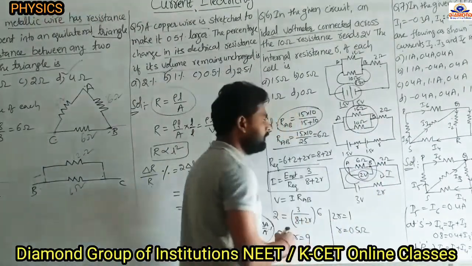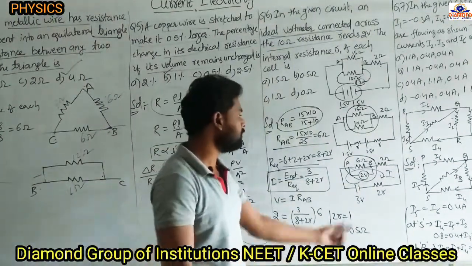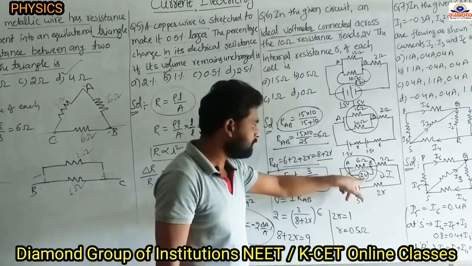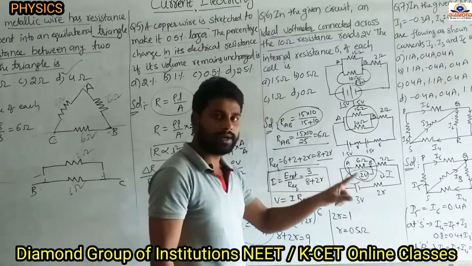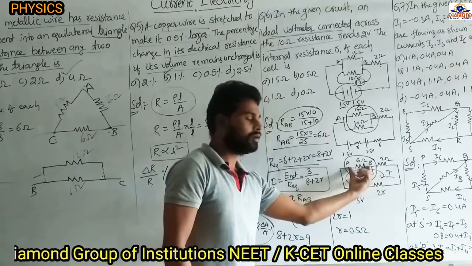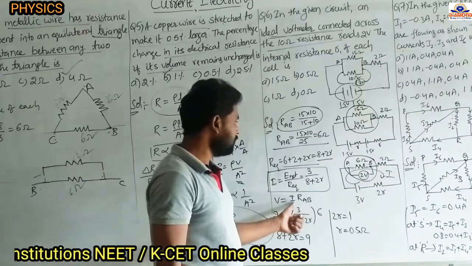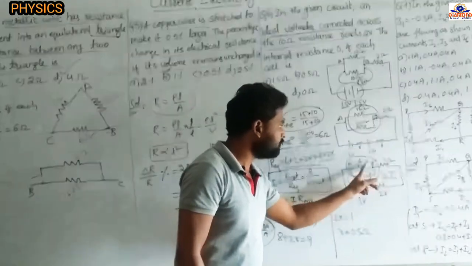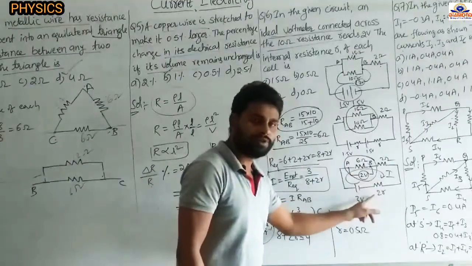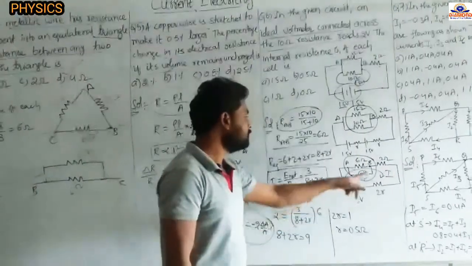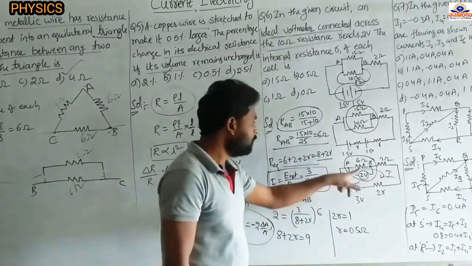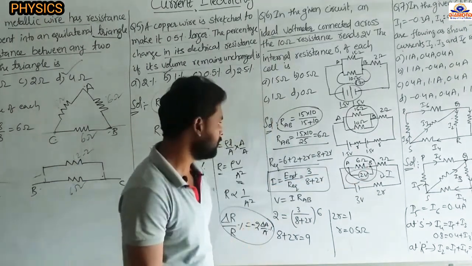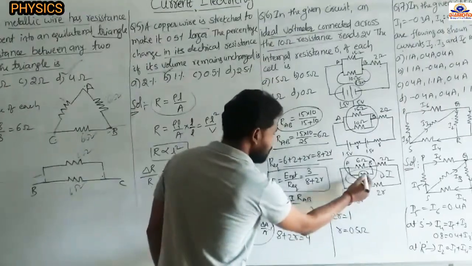Now consider this branch only. Okay, this branch I am considering. In this branch they have given the potential difference across these resistors. Okay, potential difference across this one, how much they have given? 2 volt. Potential difference equals current into resistance across this branch only. Okay na? So now voltage equals the current into resistance of this branch. How much they have given? 2 volt. And I current, this one all are in series na. So the same current is flowing through this one na. I current is flowing through this one. I into the resistance between this one is nothing but the RAB. So potential difference across this one equals the current flowing through this one and the resistance between these A and B terminals. Now that potential difference they have also given, 2 volt.